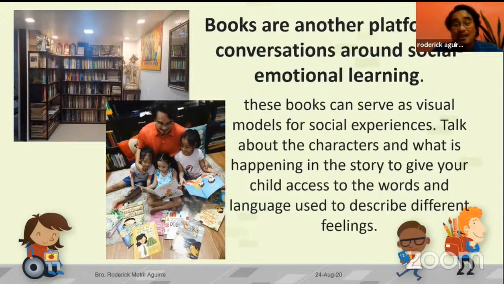So they enjoy looking at the pictures, and they get to understand the story by the pictures. And they would wait for me to say, could you please, Uncle, tell me the story? Minsan, nakakapagod kasi pa ulit. But that's something that we need to engage in. Ganun talaga. I think that's a full-time job for parents.